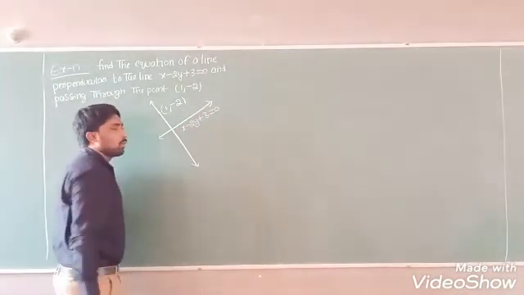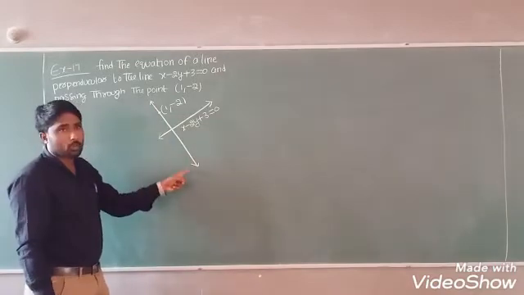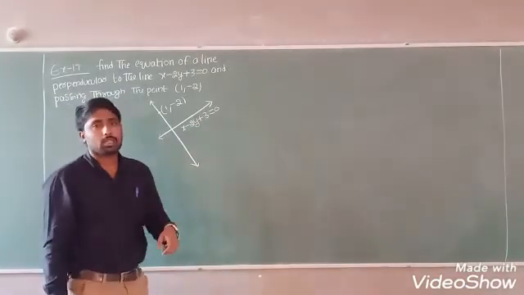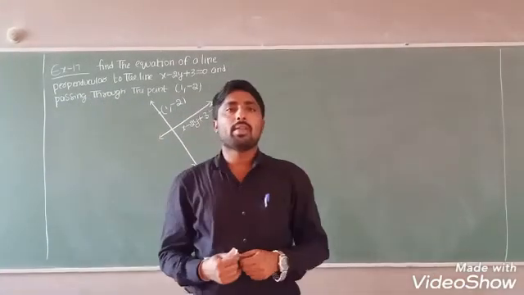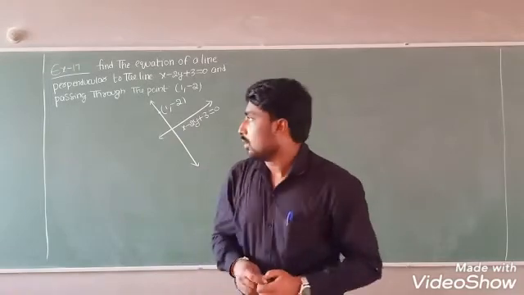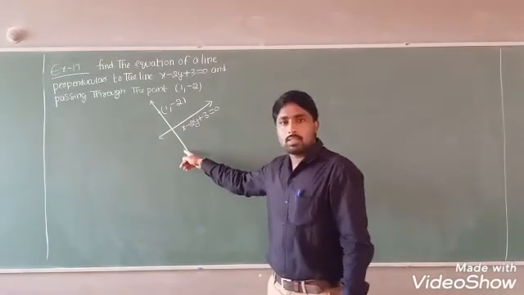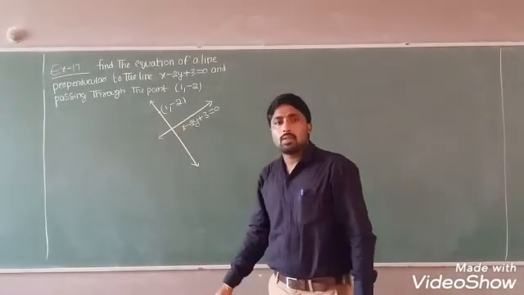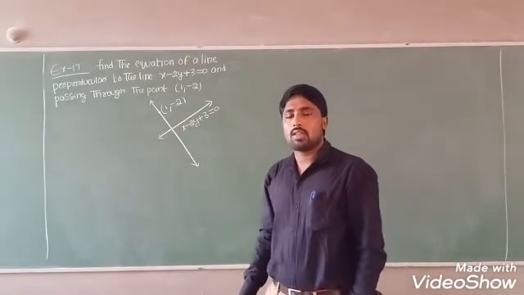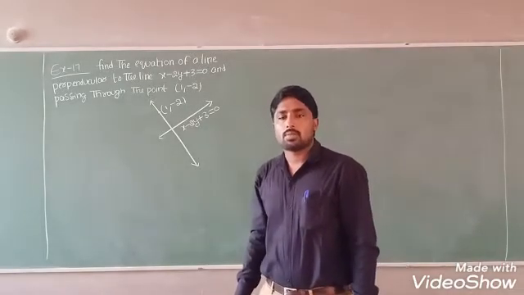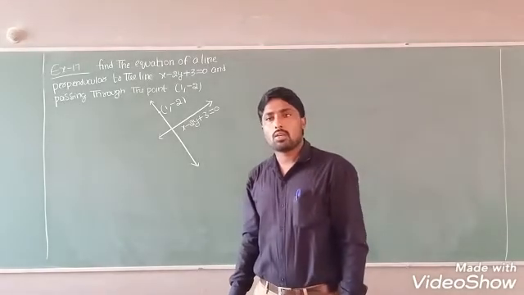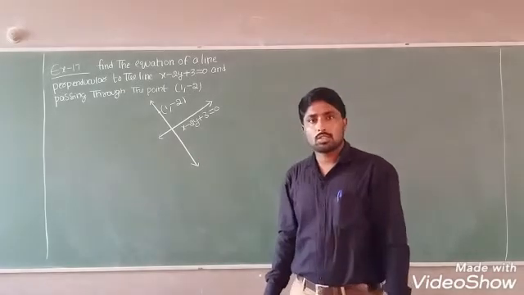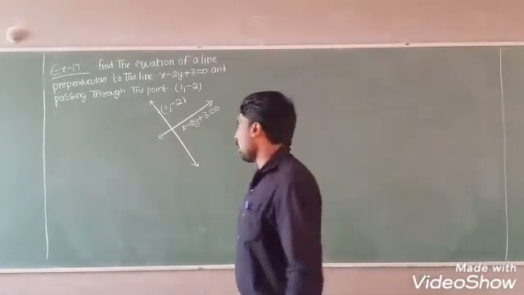Okay. So why are they giving two lines here? I don't know this line's slope, but this line is perpendicular to this line. So if two lines are perpendicular, what is the condition? m1 m2 equal to -1. Okay. So by using that condition, I will find the equation of the line. Then if I know the slope and I know the point, by using the point slope form, the equation of a line passing through the point with the slope m is y minus y0 equal to m into x minus x0. By using that formula, I have to solve this problem. Okay, is it clear, everyone? Okay, all of you note down.